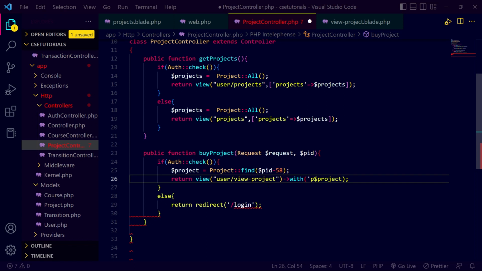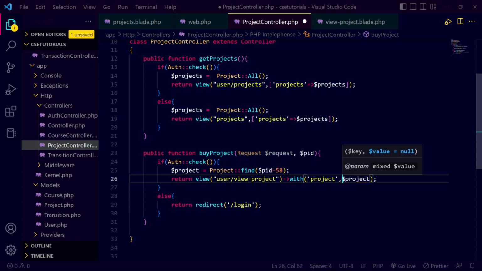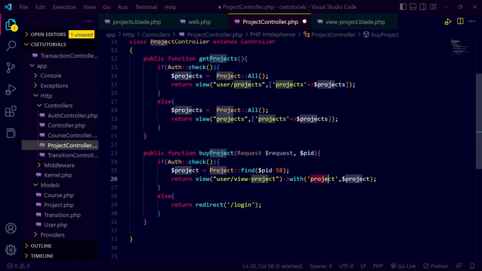Let's say I give the key any name, simply project, in single quotes, and then the variable project as its value. Now I am passing two parameters to the with function: the first one is the key and the second one is the value.